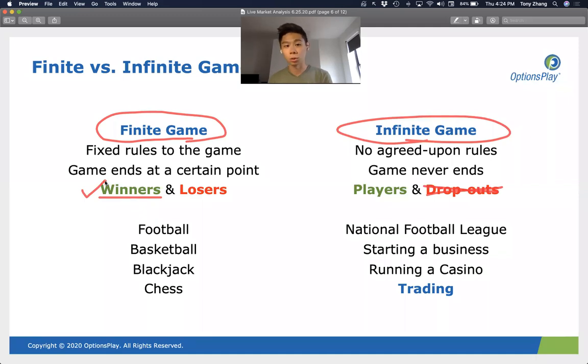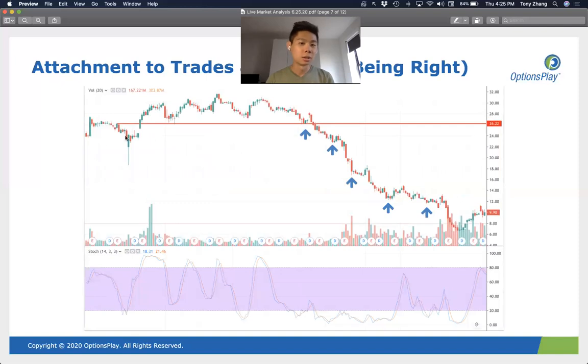So when you focus too much on winning, what ends up happening is something like the example that I went through during the session, which is a trader who believes that a stock is going to rise because they've realized that this is a support level, and they think it will revisit that support level, so they're going to buy that stock. So they buy the stock, and what happens? The stock moves lower. Now, someone who realizes that they're playing the infinite game, generally speaking, as a professional trader, would say that support level no longer held. I was wrong on that trade. Let me cut my losses and move on to the next trade.